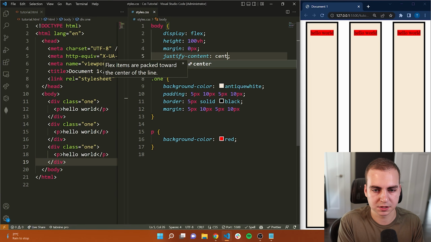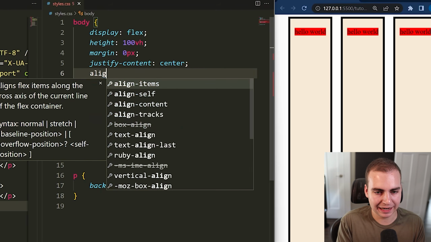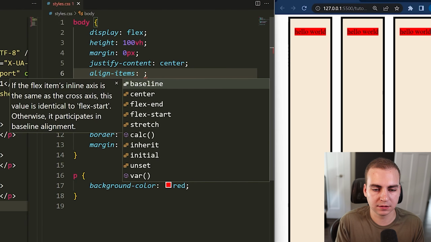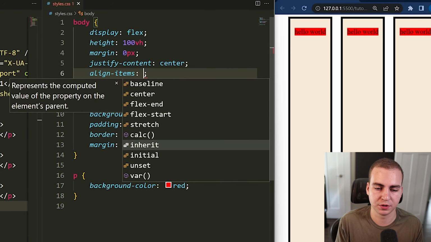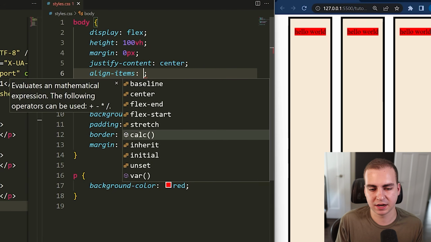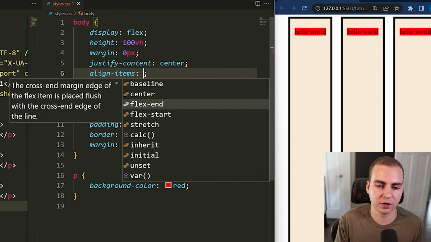And let's just change this back to center. So now let's add align items to the mix. Now, when we use align items, we don't have all of the same attributes as we have for justify content. So you can kind of see my autocomplete's giving me a bunch here. We have center, flex end, flex start, stretch, which I won't go into, inherit, initial, unset. Again, I'm not going to talk about all of those ones, but the main ones here would be center, flex